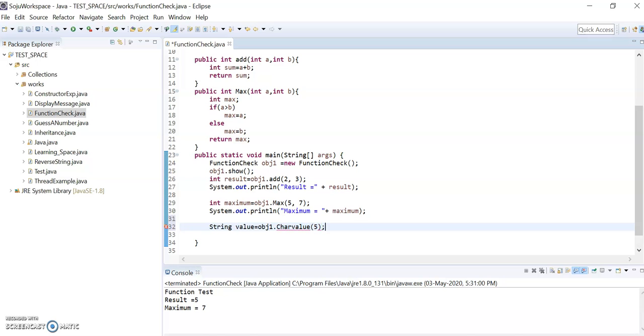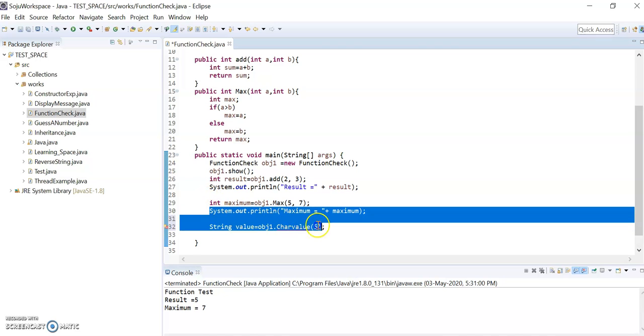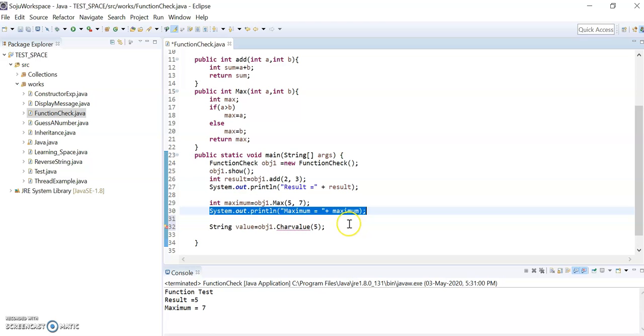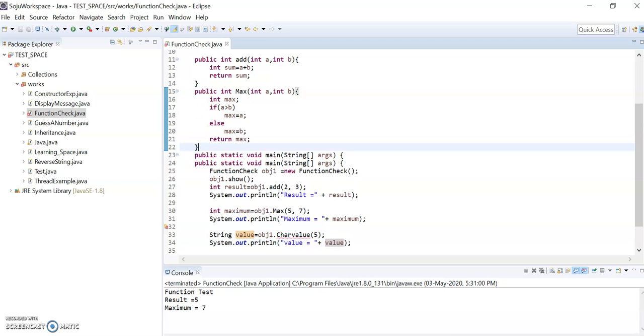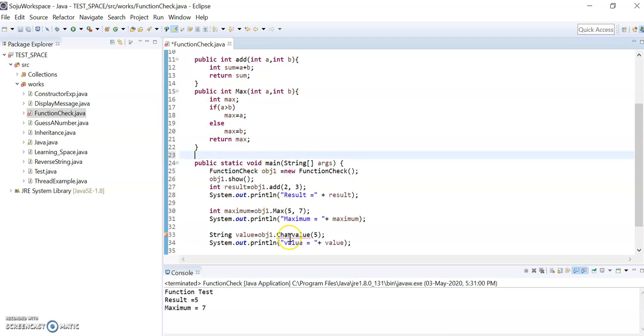If I am passing 5, then I need to get the output, the character, five. So for that purpose I need to create a char value function. I am creating that function also. Definitely the return type will be string, that's why I created a value of type string.